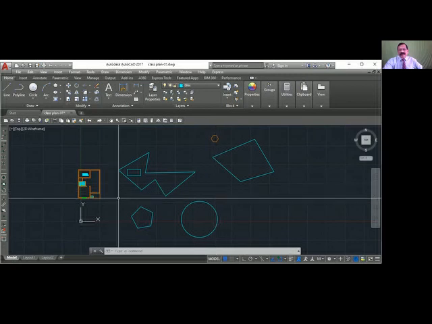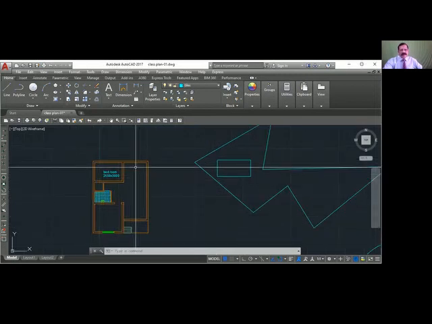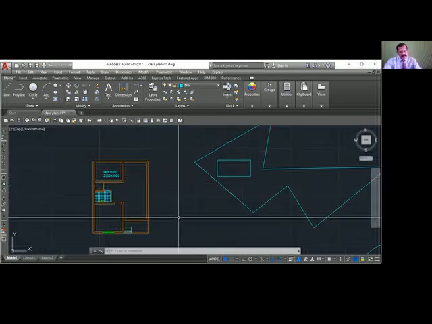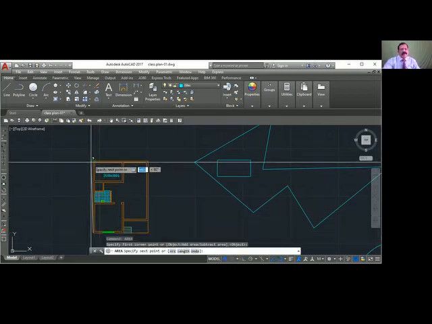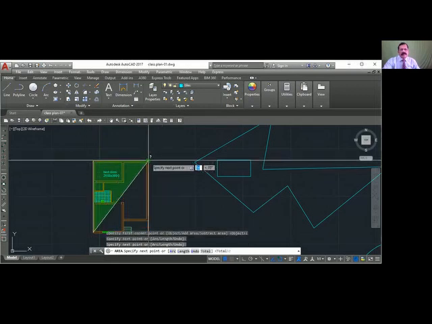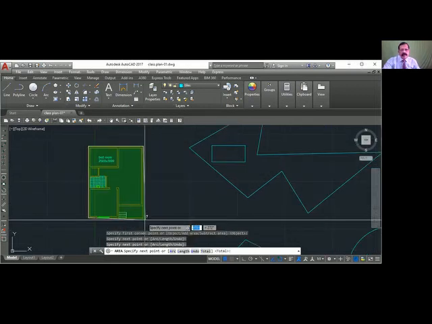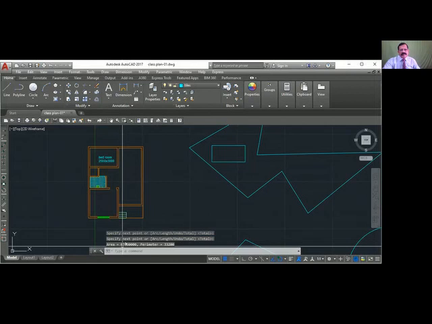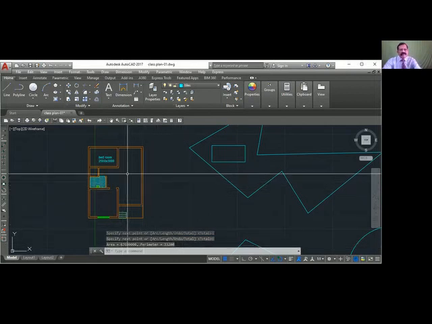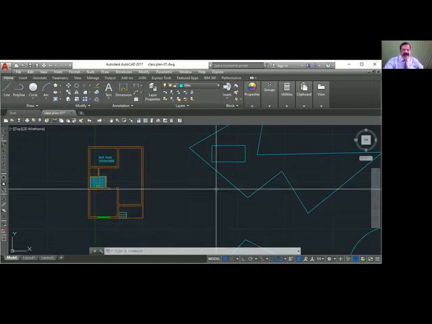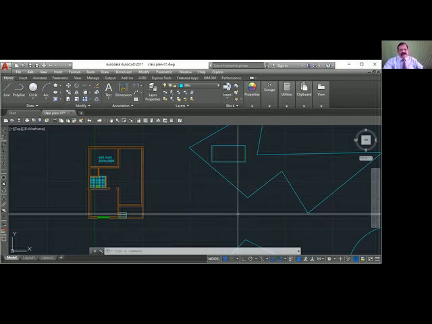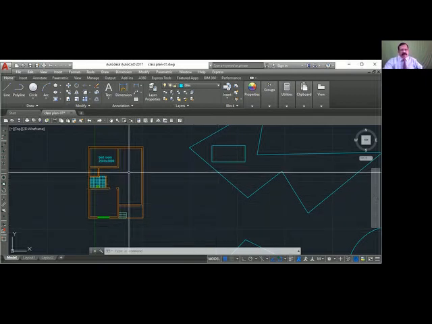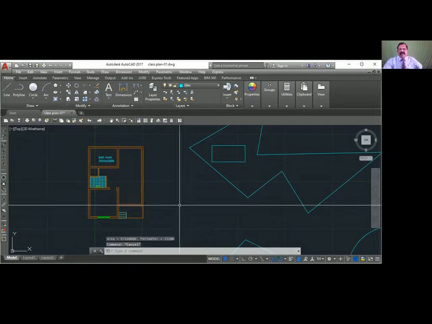Okay, so the area, this is very important. Many times you want to find the area of your building. So I want to find the plinth area of the building. So I'll say area. So this corner. So you get the area. This one is in square meters. If there is an opening here, then we have to start with area, add, then show the first area, then we say subtract and show that open area. So that is how you find the area.